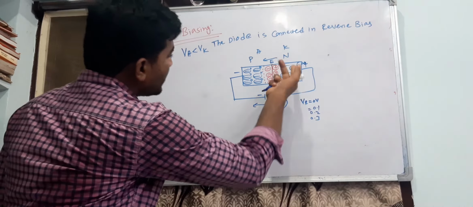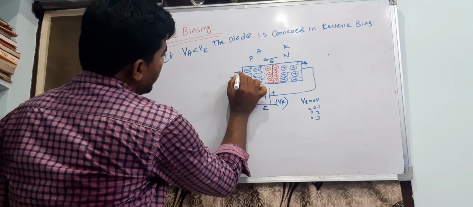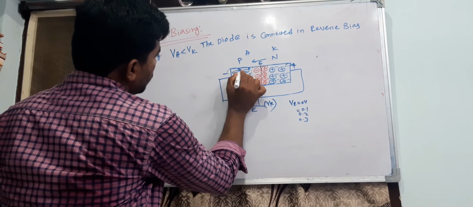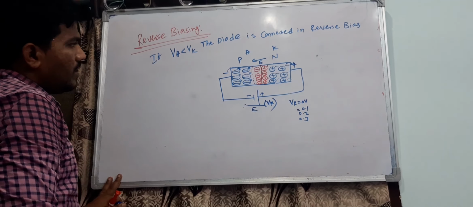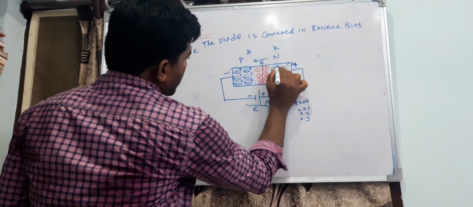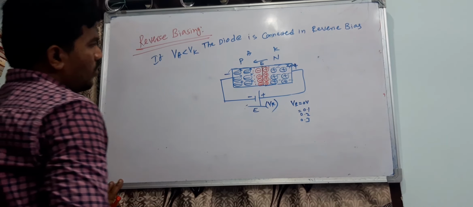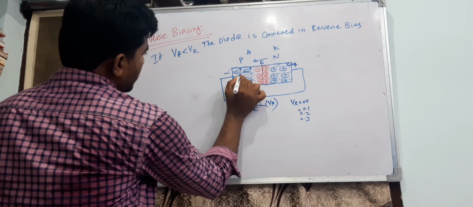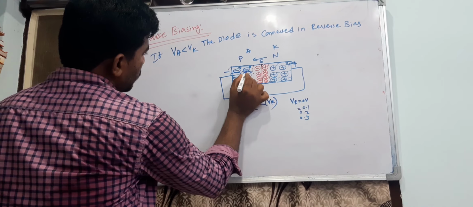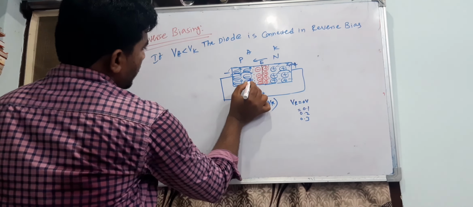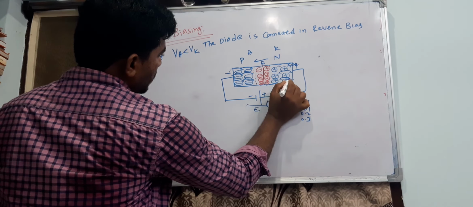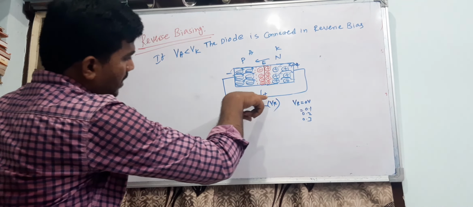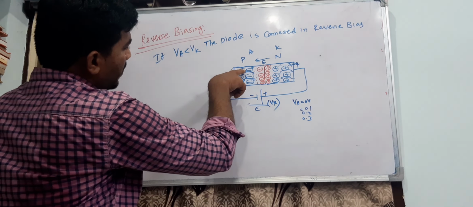The negative terminal supplies electrons to recombine: when one electron is supplied by this terminal, it recombines with a hole, and a hole is shifted here. When the positive terminal attracts one electron, this electron is shifted here. Similarly, when I increase the voltage, the depletion region increases. The holes move toward this side and the electrons move toward this side. Which means indirectly, the positive ion attracts the electron and gives it to the negative terminal. These electrons recombine with the holes, and